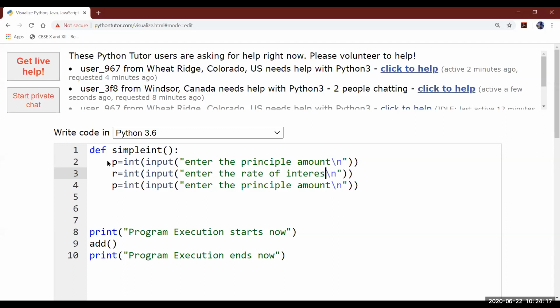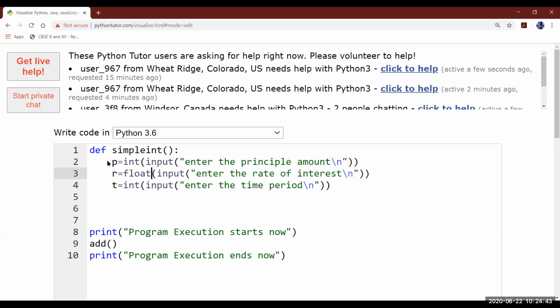I am just telling you, function is very easy. Function is super easy. There is nothing in function. So within this week, within this month, we will be able to complete this whole function. Enter the time period. I am taking everything in int. You can take float also. As you know, rate of interest can be in float also, like 4.5%, 6.7%. It's better to take float. Okay. Time period is 1 year, 2 year, 3 year. Principal is that. Formula SI equals P into R into T divided by 100.